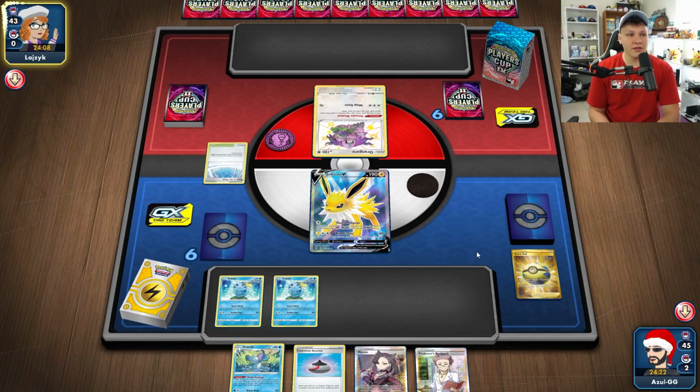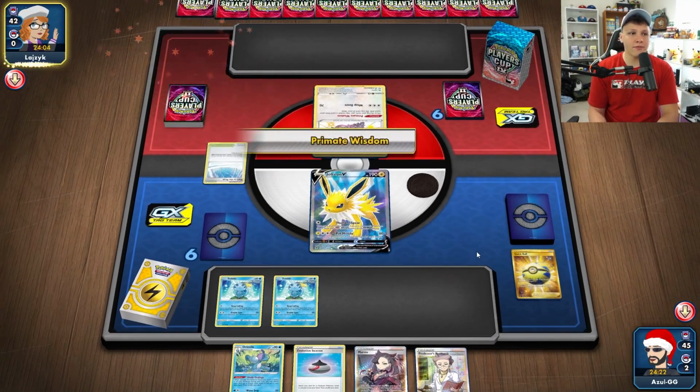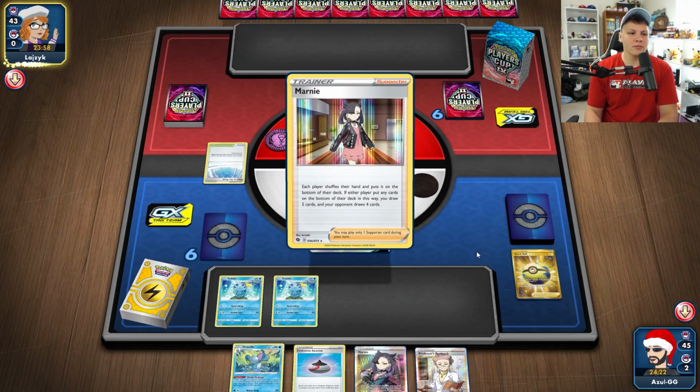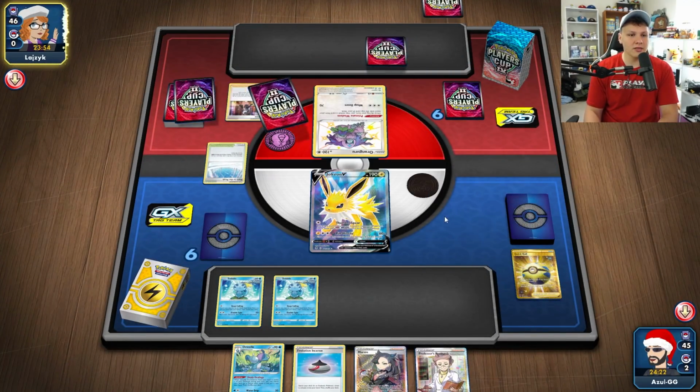Yeah, very curious as to what my opponent's playing. The Guru plus the Path to the Peak is throwing me off for sure. I have kind of no clue what they are playing. Another Primate Wisdom comes out. All right, here comes a Marnie. Another reason to have not... I mean, I guess we could have got his energy set up in place, so that would have been nice, but...